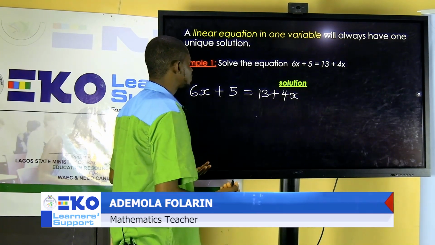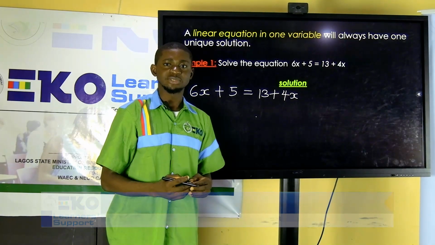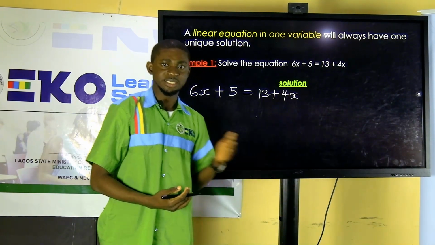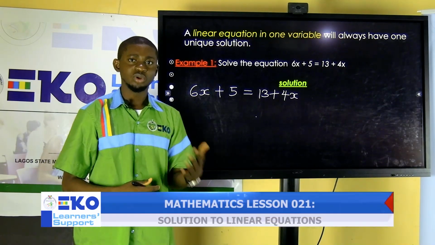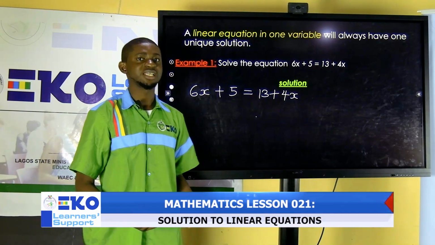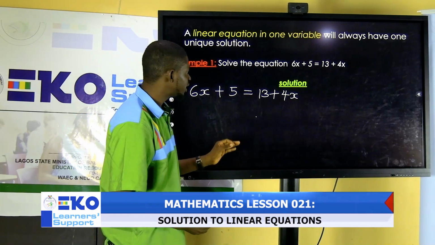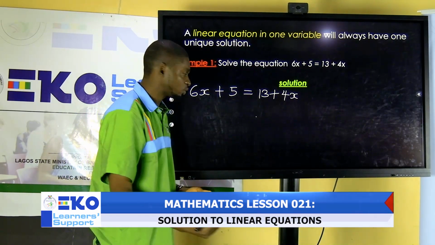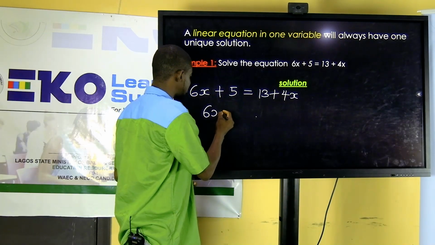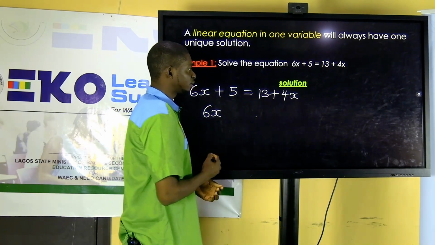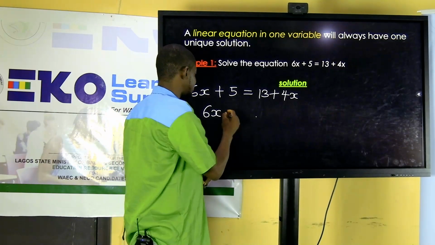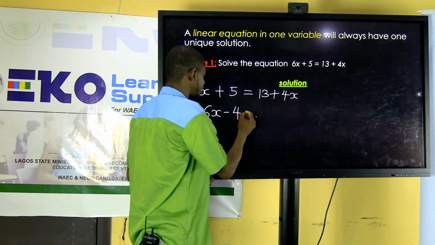The next thing for us is to collect like terms. Those terms involving x, let's pack them to one side of the equation, while the other terms with no x, we pack them to the other side of the equation. So here is similar to saying collect like terms, which becomes 6x. Take this positive 4x to the left-hand side, it becomes negative 4x. Minus 4x